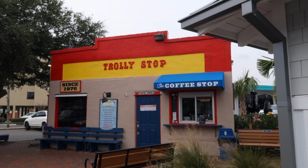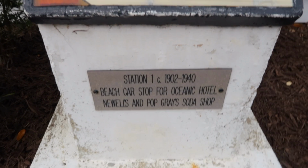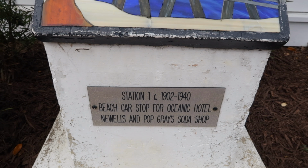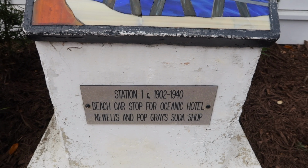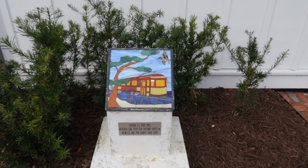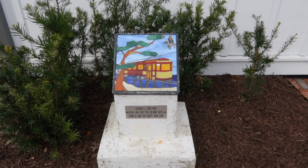I don't want to get too far away from the Trolley Stop because I found this right next door. Look at that. That's pretty cool. A little bit of history going on here. It says Station 1, 1902 to 1940. Beach car stop for the Oceanic Hotel, New Wales, and Pop Gray's Soda Shop. So that's kind of cool. I don't really know a whole lot about this. If you know anything about this, definitely put it in the comment section down below. And it's right next to